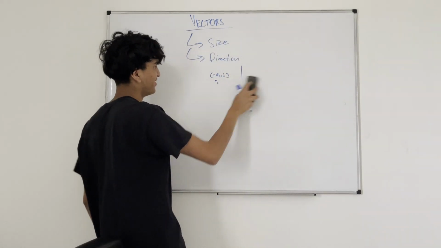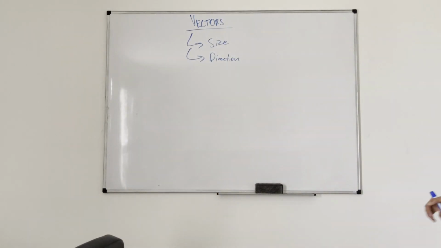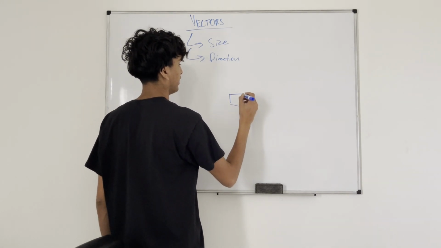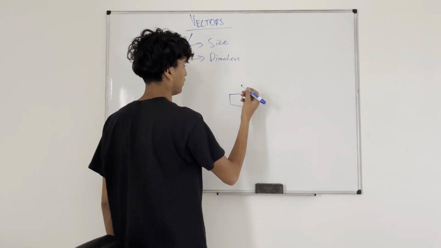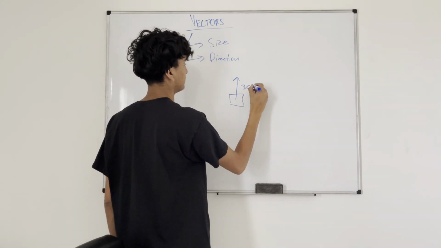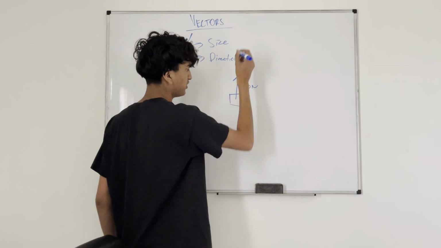I'm not going to give you a crazy problem. I'm just going to show you how you would solve a problem like this. Let's say you have a box, and let's say someone pushes it up 30 newtons. A newton is just a unit of force. You don't have to worry about it if you haven't gotten there yet. 30 newtons up,